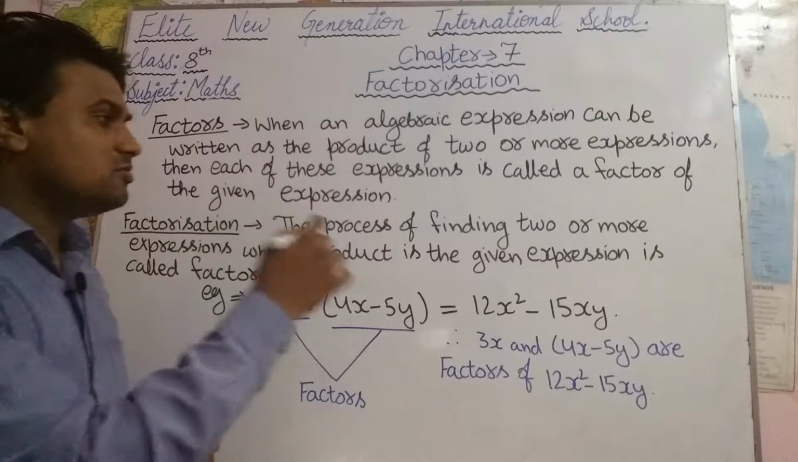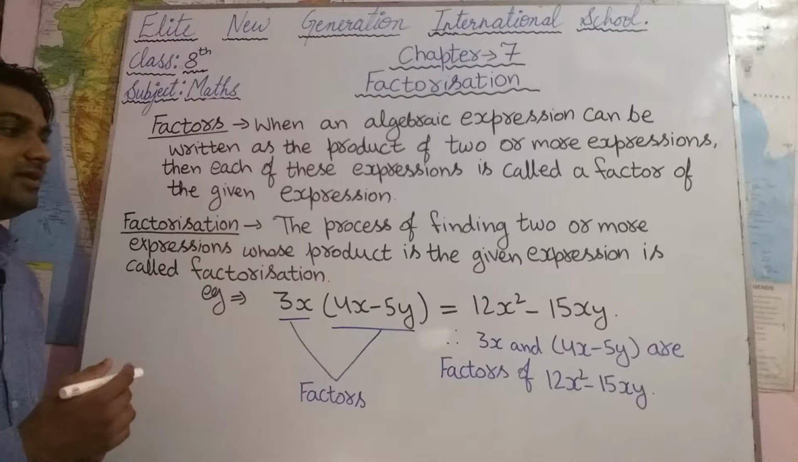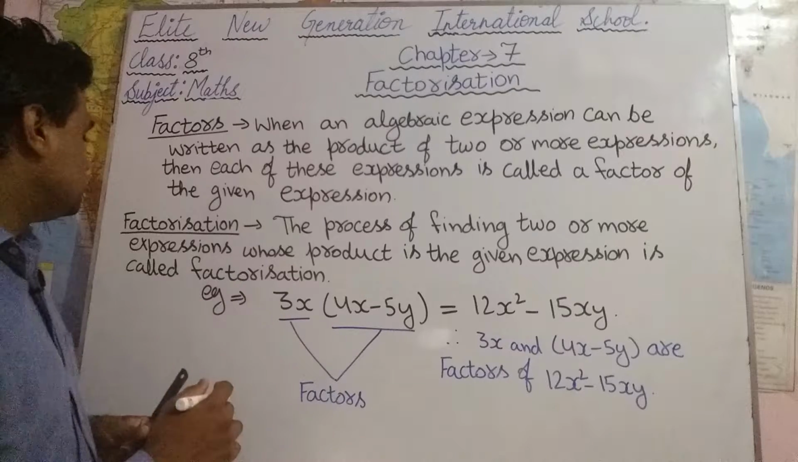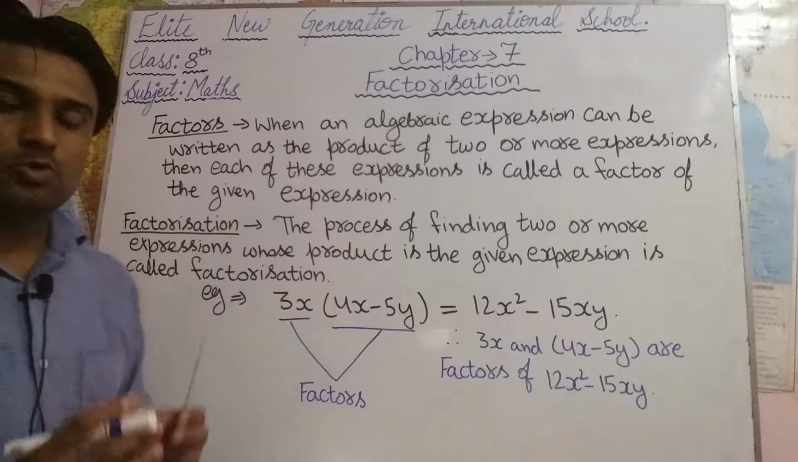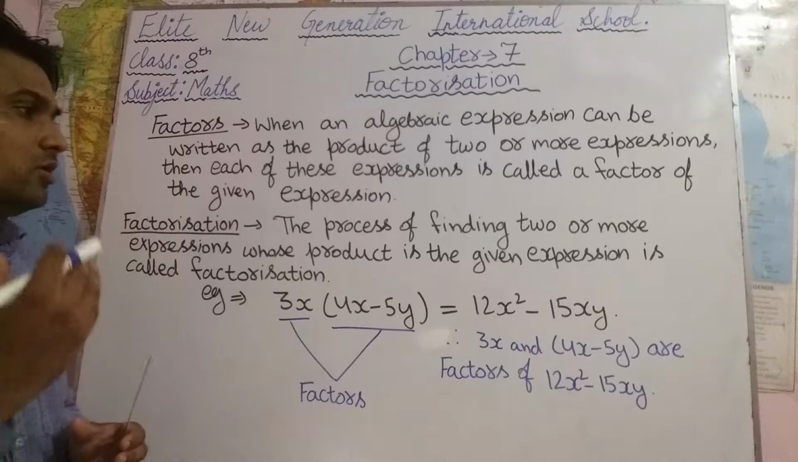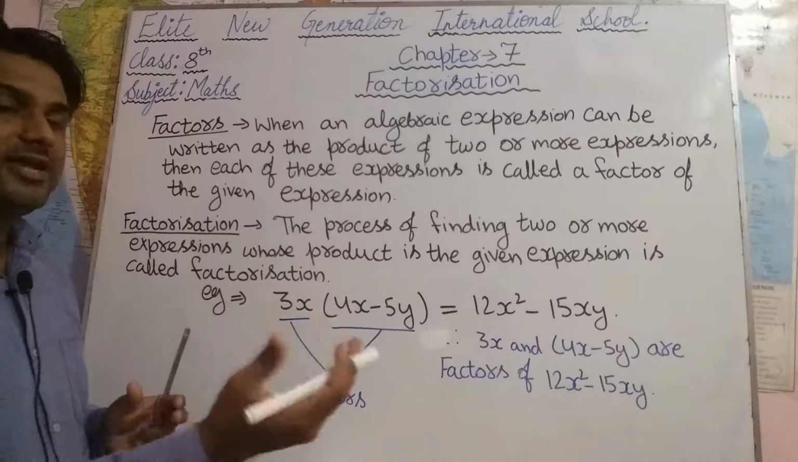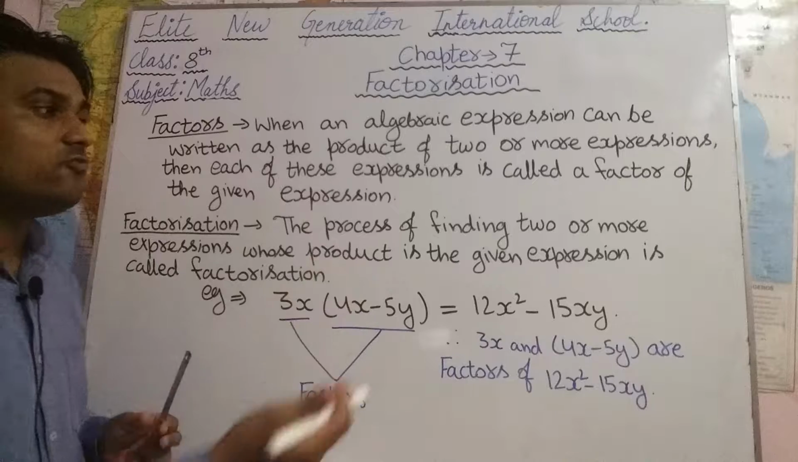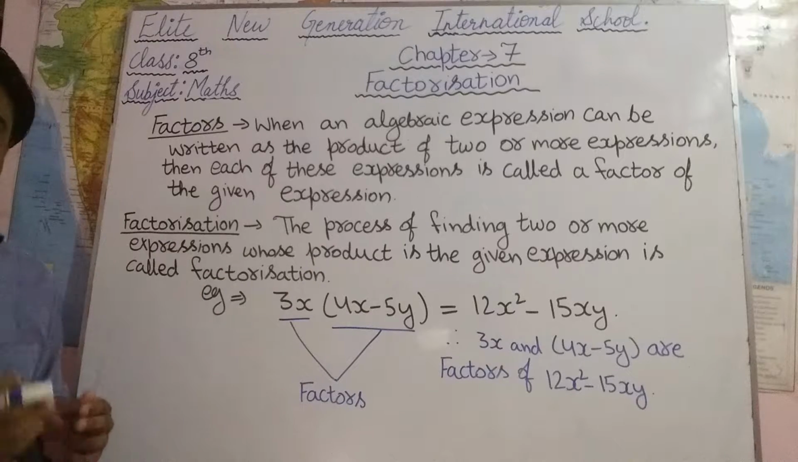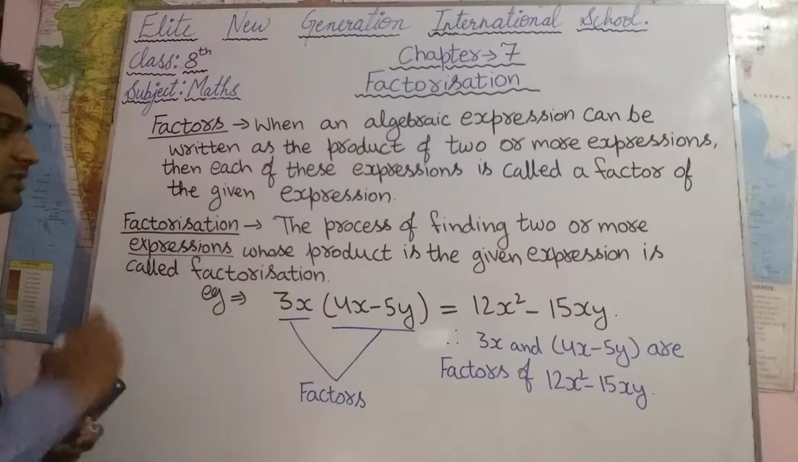So the process of finding two or more expressions whose product is the given expression is called factorization. When we multiply two or more factors or expressions, the expression which comes out is the product, and the expressions we multiplied are known as factors. And the process of finding two or more expressions, this process is